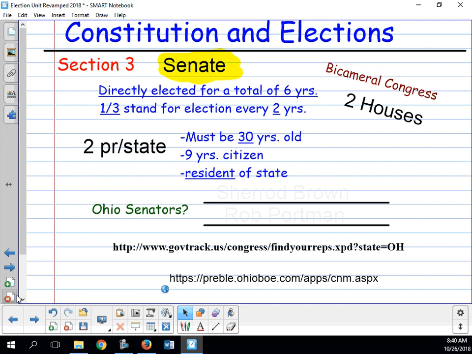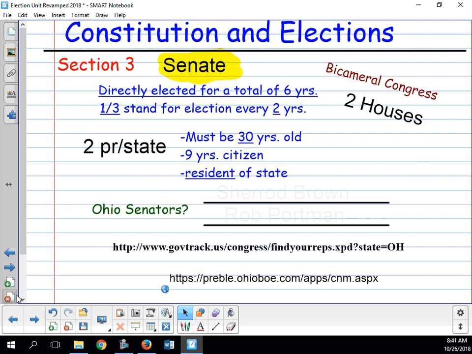And from then on, all these groups will serve 6 years. It will be staggered, in other words. Does that make sense? They staggered them, and once that very first 6 years happened, it never changed. So it worked, it's this stagger. Every 2 years, a third will be up, but your senator actually serves a full 6 years. Our senators, I believe, were reelected the same year that Trump got elected president. So they have 4 more years to go.